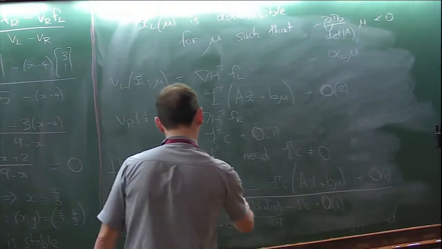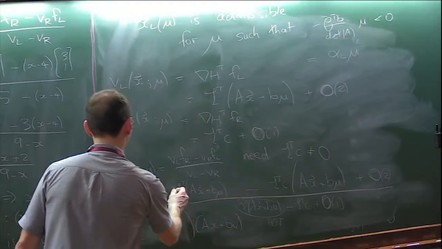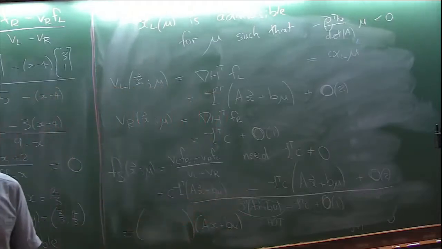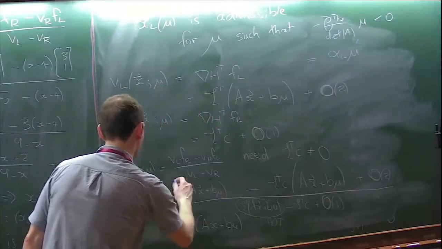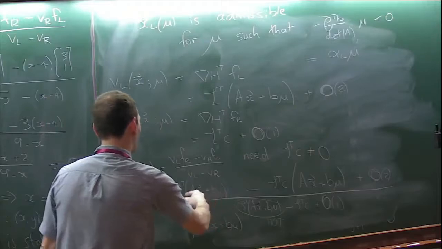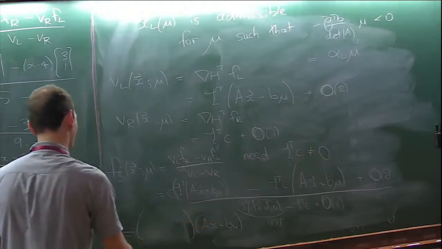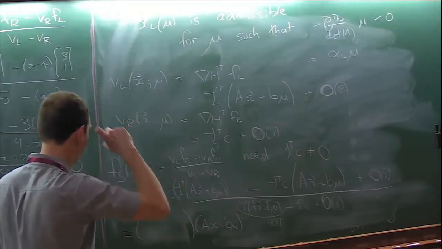Oh, no, so it's a C zeta transpose. You can think of it as putting some brackets here. This is just a number, so I can move the number to the other side of the C. So I've got a C zeta transpose